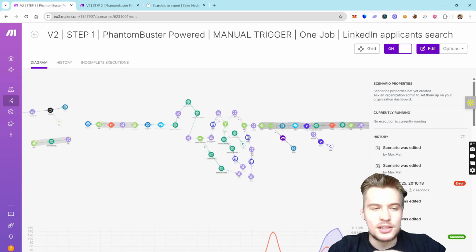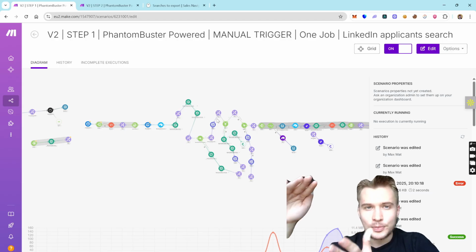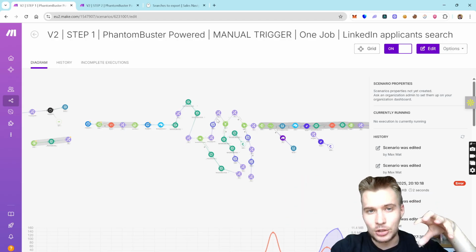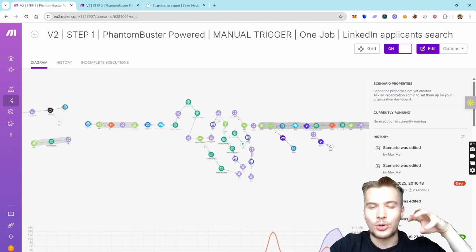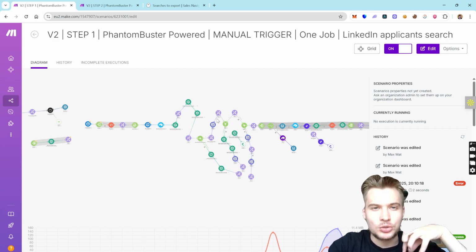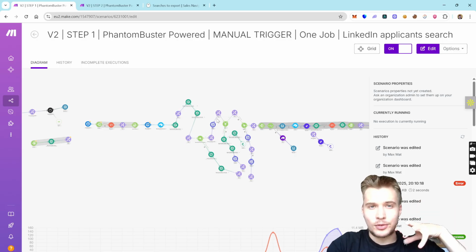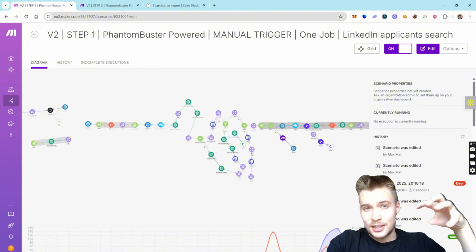In fact, the two pillars of the automation which I'm about to show you are the Sales Navigator search plus make.com, which allows for the automation of many steps which you would have been doing manually if this automation